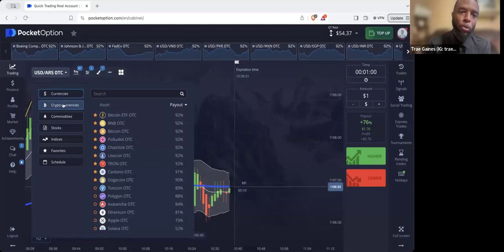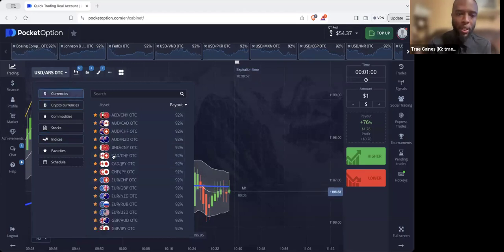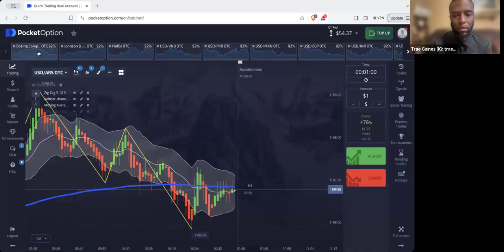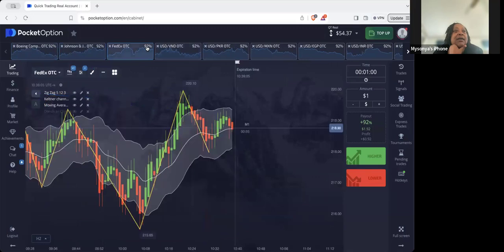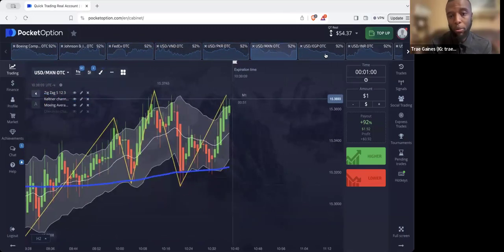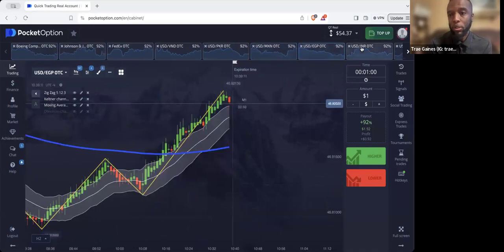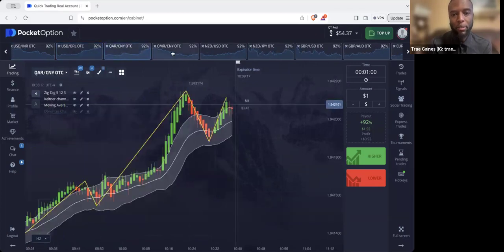So cryptocurrencies and stocks is what I use to get my 92%, 90% and above, somewhere in there. I just want the most for my dollar. So you use crypto and stocks? Yep. Whoever is showing 92, I'm putting it up there at the top, so it makes it easy for me to just slide. And look,